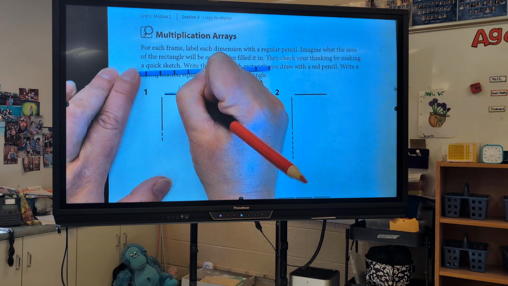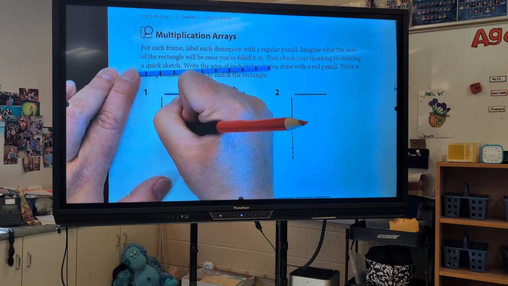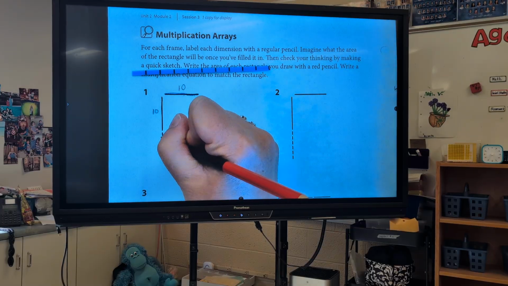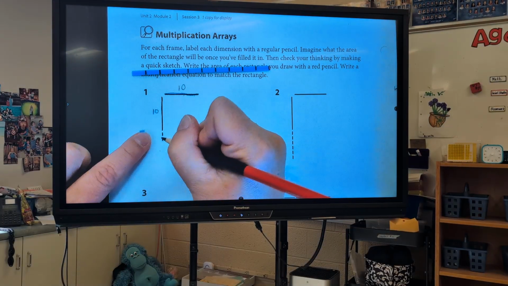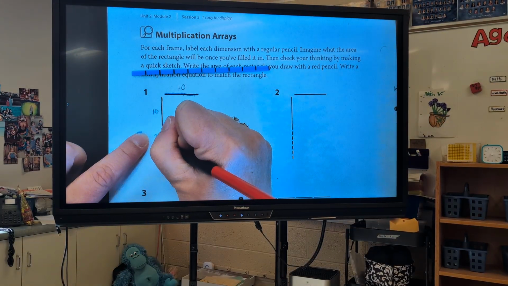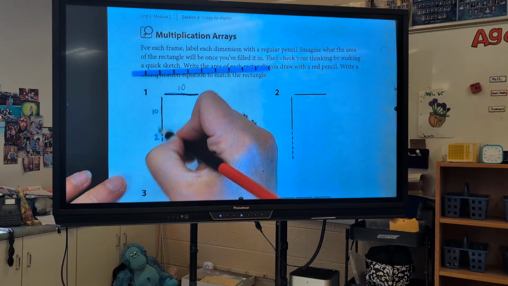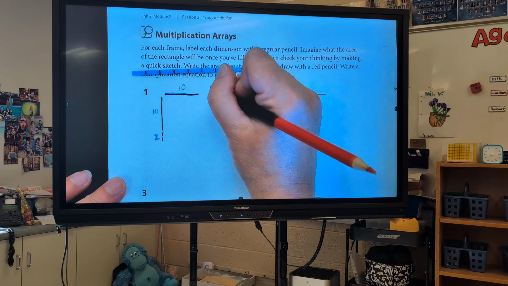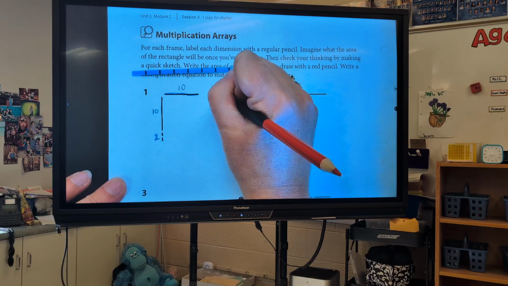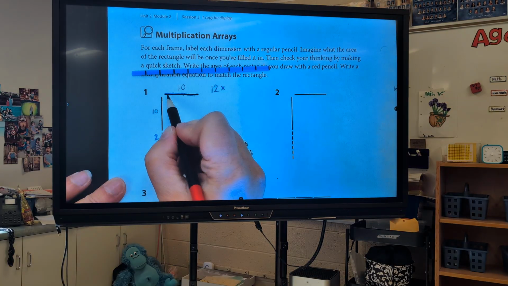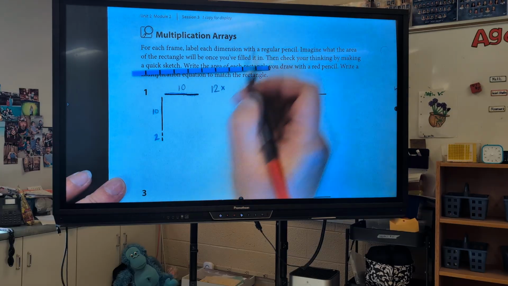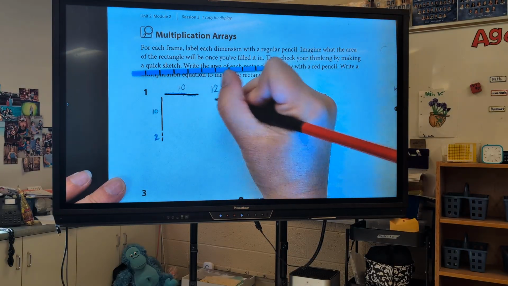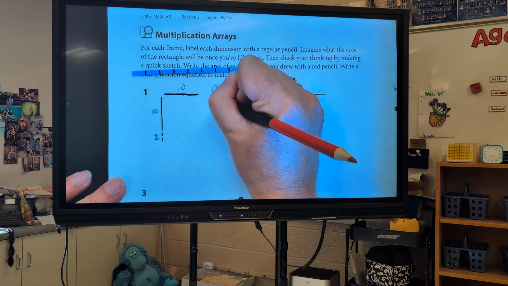So this is where 10, and we'll label it so. And this is where 10. And then these little ones are just one each, 1 centimeter. So we have a total of 2. Since this side, which we call a dimension, is 12 long, we're multiplying 12 times the other dimension, which is 10 long. So we're doing the problem 12 times 10. These numbers are called the factors